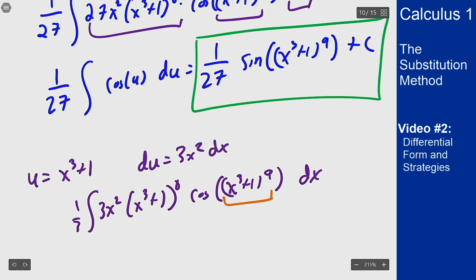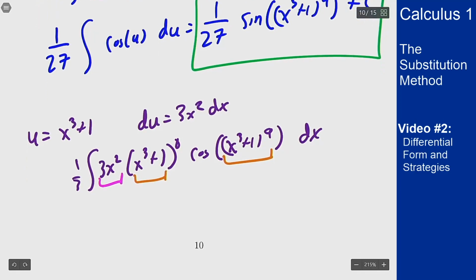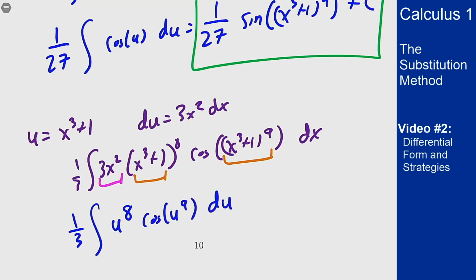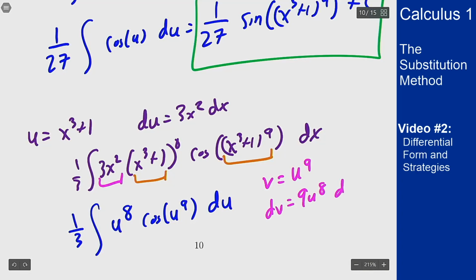I have u in here and du sitting out here, but this here is now also u. And so when I make this change, I will get 1/3 integral of u to the 8th cosine of u to the 9th du. And I can now make a second substitution, say setting v equal to u to the 9th, dv is 9u to the 8th du, and do that one,